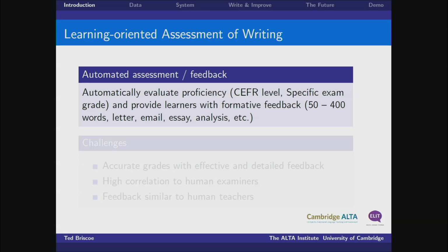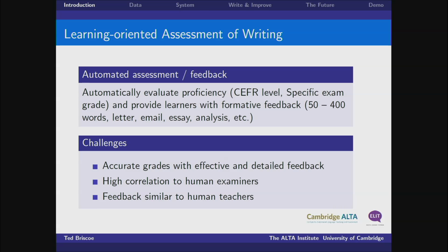Are you at a certain CFR level? Are you getting a score on an exam like IELTS or the FCE, which would mean that you would pass? And it combines that with some formative feedback. What sort of mistakes have you made and how might you improve on them? And this is quite challenging because we need to be able to reproduce the kind of grades that a human examiner would assign